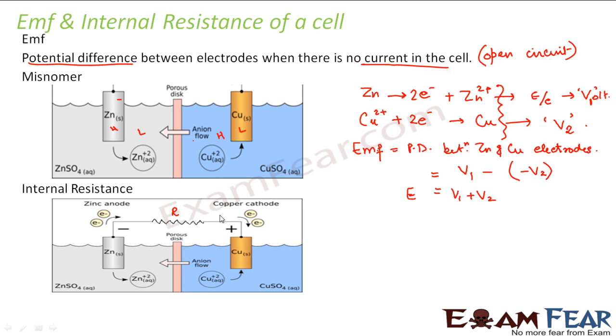I connected the two electrodes. So what will happen? Some current will start flowing through this resistance. So what will be the direction of the current? The current will flow in this direction. I am showing the direction of conventional current. This is the direction of electronic current. We talk about conventional current, right? So the current is flowing from cathode to anode, right? Let us see what is the role that internal resistance will play here.